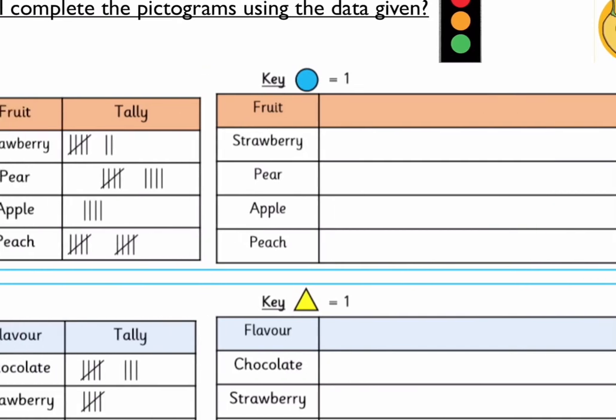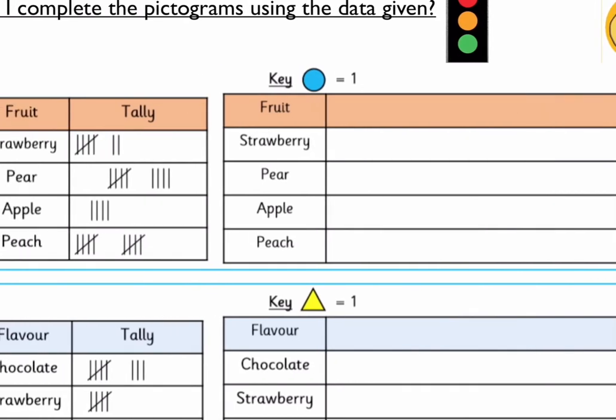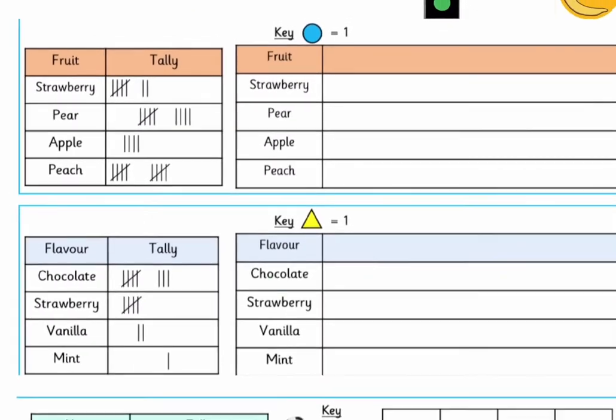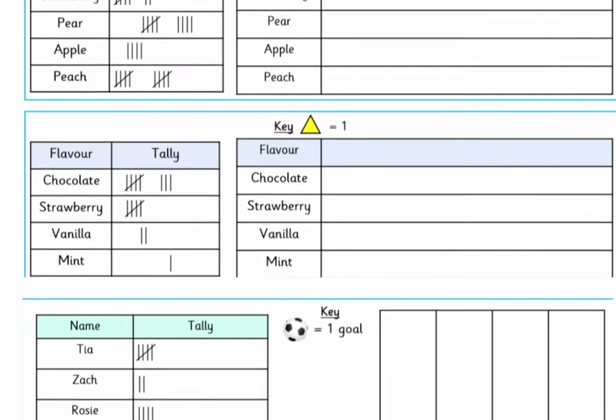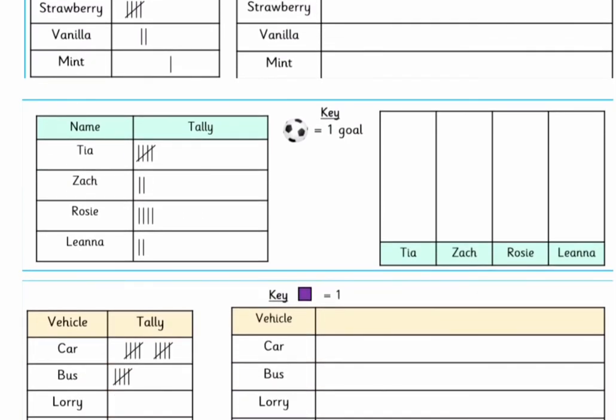So for strawberry you will draw 7 blue circles. Excellent. And then I want you to do the same for pear, apple and peach. And you just use the key for that particular pictogram. The next one, you have to create a pictogram using a yellow triangle. Okay, now let's look further down. So we have here, it's exciting,